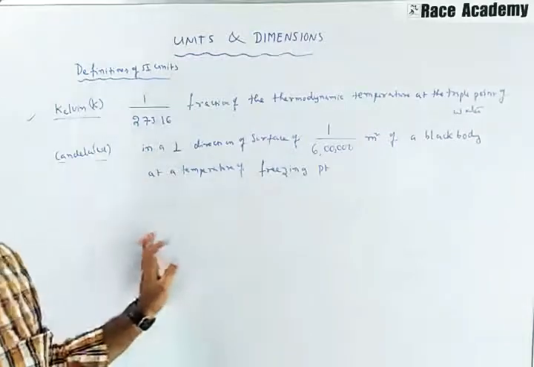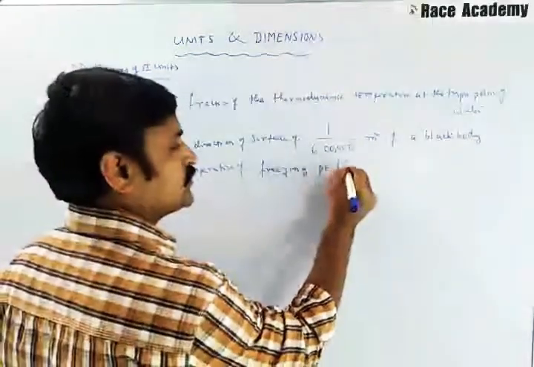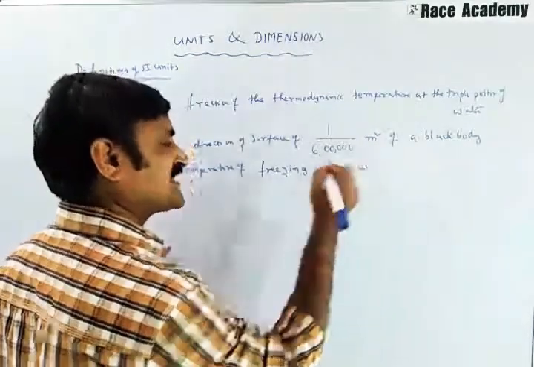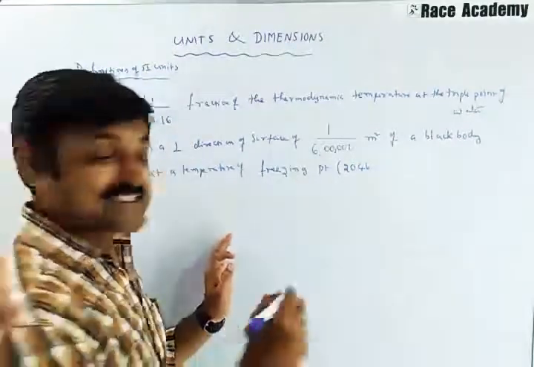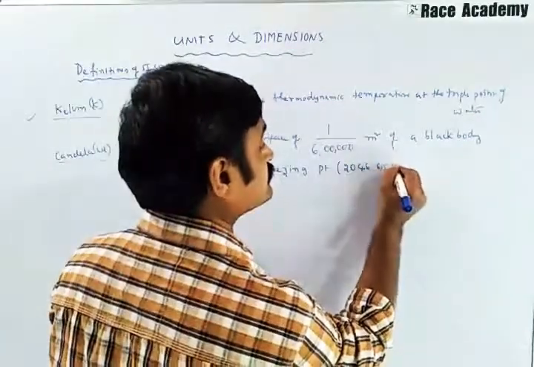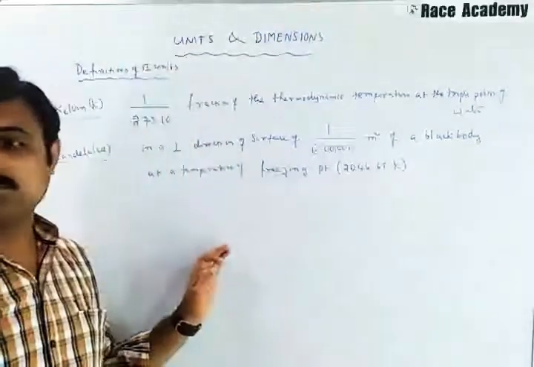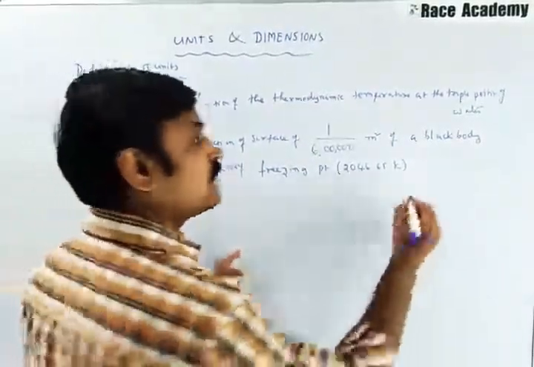Pt is the symbol for platinum. That is 2046.65 Kelvin under a pressure